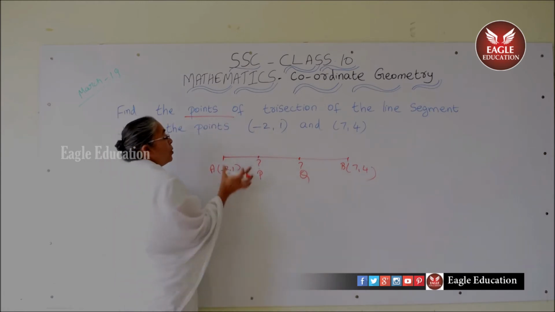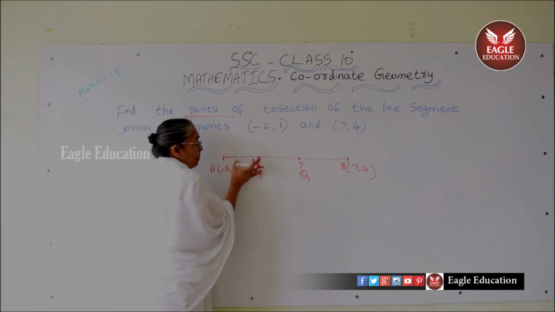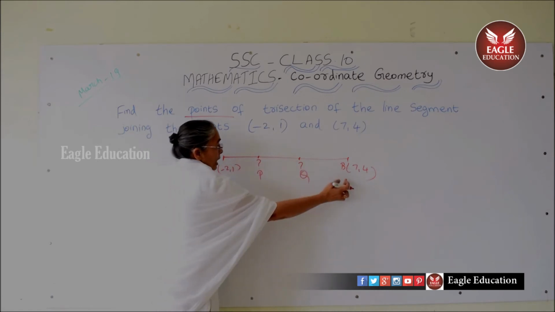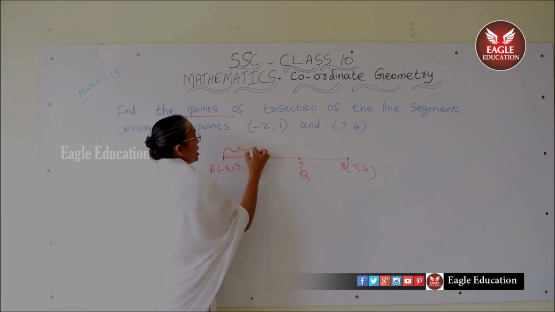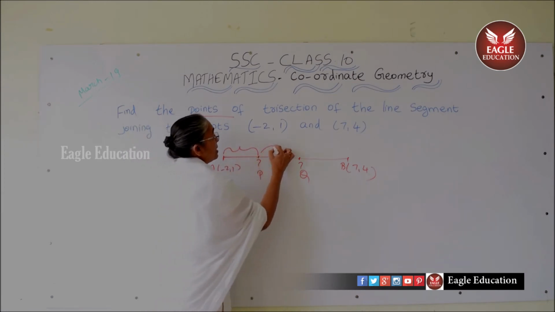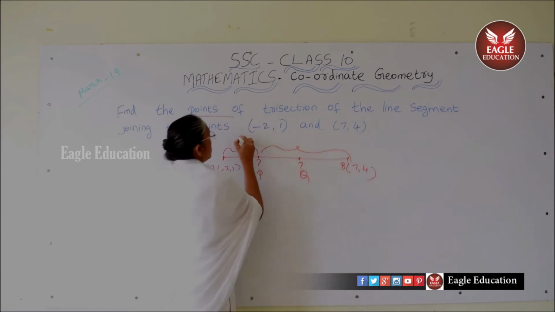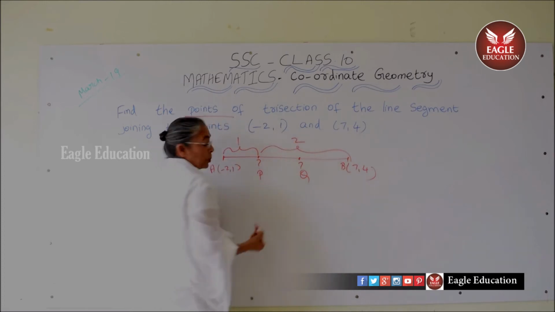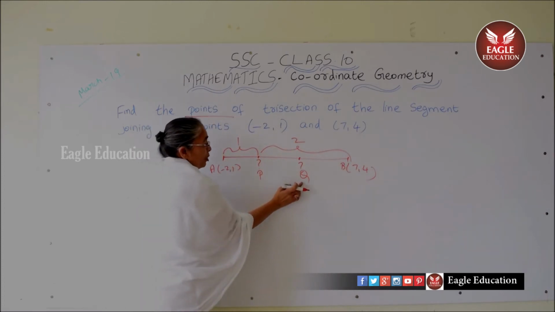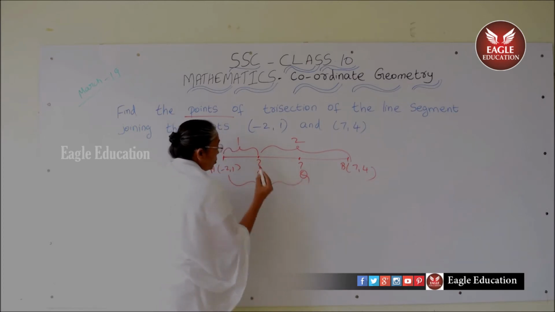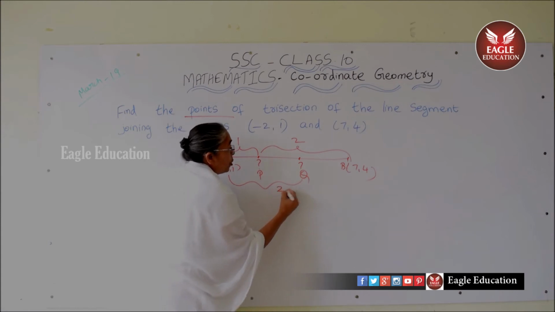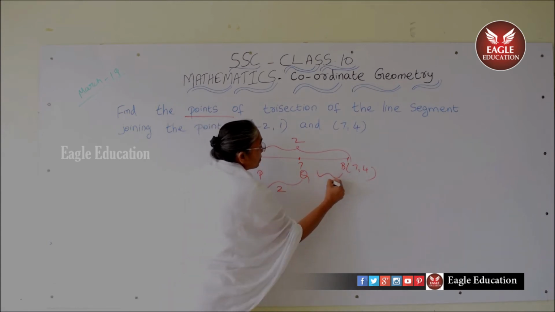Okay. Now when you observe this point P, P divides the line segment joining the 2 points A and B in the ratio, this is one part and this whole thing we will consider, so this is the ratio 1:2. Now in the same way, if you observe point Q, this divides the line segment joining the 2 points A and B in the ratio 2:1, right.